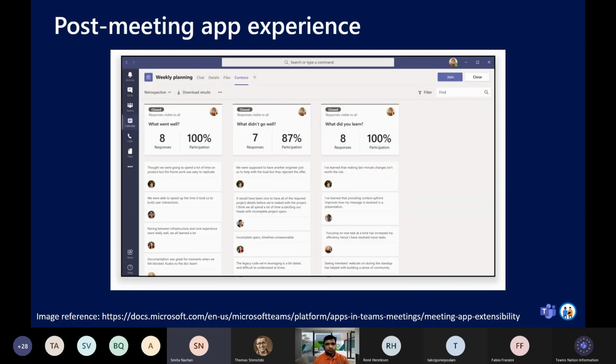And then let's check the post-meeting app experience. With the post-meeting app experience, you can view the results of the meeting such as poll survey results or feedback. The image on the slide displays the Contoso tab with the results of poll and feedback received from the meeting attendees. So now that we have a basic understanding of the app experience for pre-meeting, post-meeting, and in-meeting,